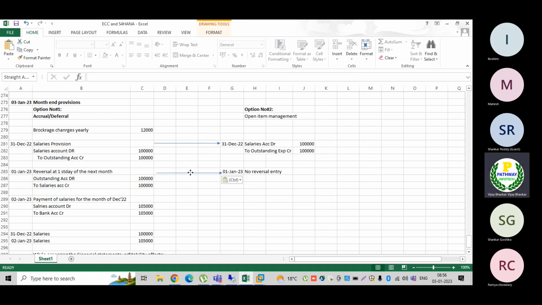Okay, the same I am just mapping here. No reversal entry. This is the one reversal entry which we have performed. No reversal entry for the in. Okay, now when I am going to make the payment on the second of January,